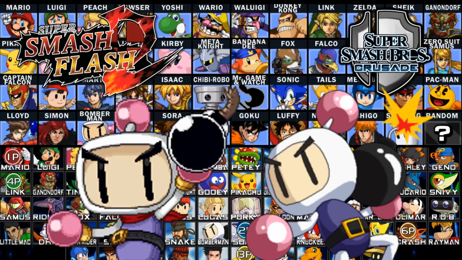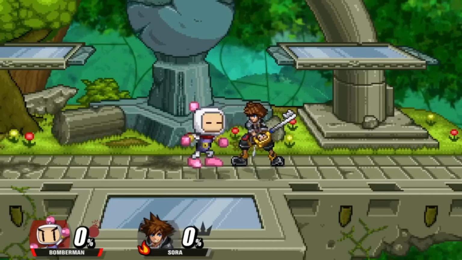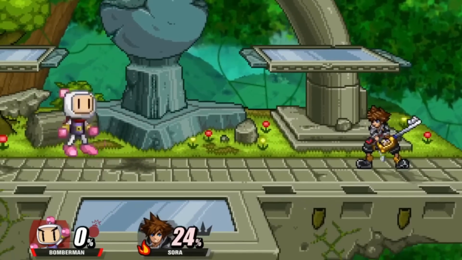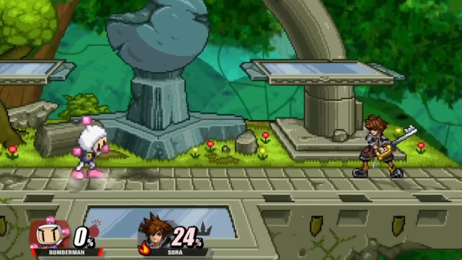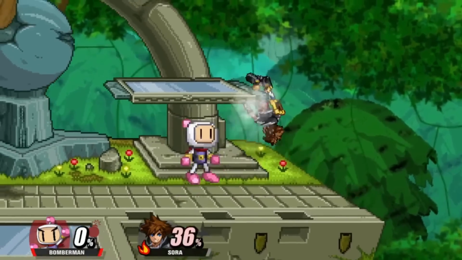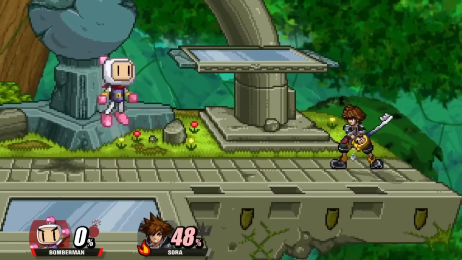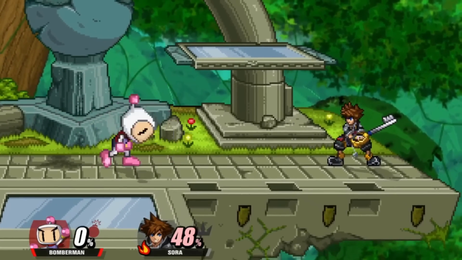Bomberman. Versus Bomberman. Last Assist Trophy, it's Bomberman. SSF2 Bomberman is a simple setup character. His normals are just him punching and kicking, but he does have a giant head, and it is used for a bit of juggling. Neutral special is...